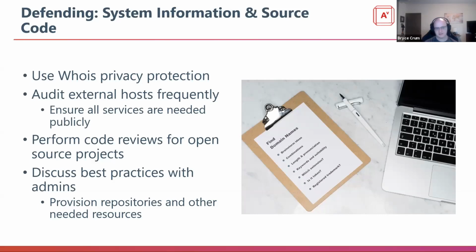Ensure that all the services are needed publicly. If you have a host that is serving a web server and you are publicly serving the database that's on that same server utilized for the web server, you don't need that database publicly available. Go kill that port, right, to make sure that you're not allowing that access. Well, kill the port externally. So make sure that you understand what services you truly need externally and why.